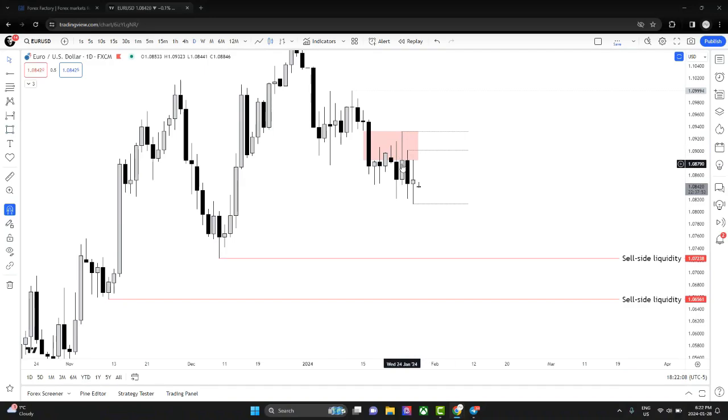So yes, we had price trade above. Remember, this is the true open of the week, above the true open of the week, and closed below it. So we had price trade above the true open of the week into a daily bearish fair value gap during the time of the week that I talked about, right? And then it broke down. This is just due to the fact that it's generous price action, which is why you see price so choppy right now. It will get cleaner. We'll see runs such as this, right?